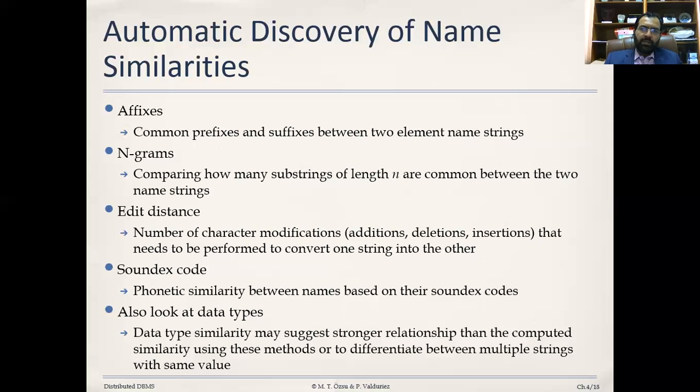Also look at data types. Data type similarity may suggest a stronger relationship than the similarity computed using these methods, or help differentiate between multiple strings with the same values. This is just a hint, or you can say a heuristic, which really helps you find out whether they match or not. So if they're representing the same data type, then sometimes your heuristics might work. For example,